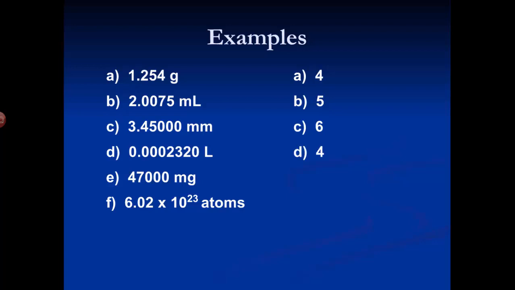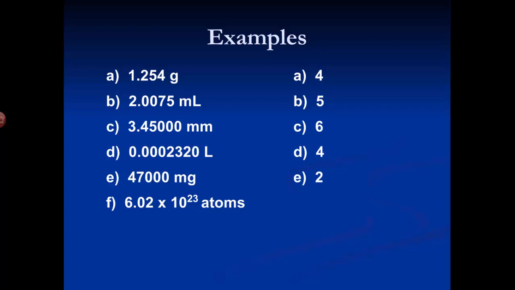E, 47,000 milligrams. Well, I know the 4 and the 7 are significant, but what about those zeros? Where are they? They're at the end of the number. Which side of the decimal point? Well, they're on the left of the decimal point. So according to that last rule, Rule 5, those shouldn't be significant, and that means that only the 4 and